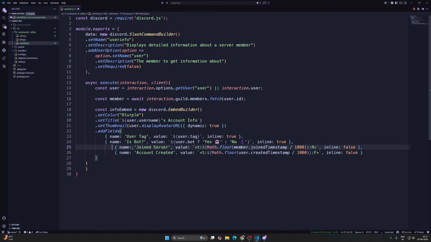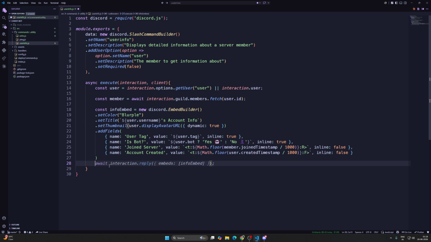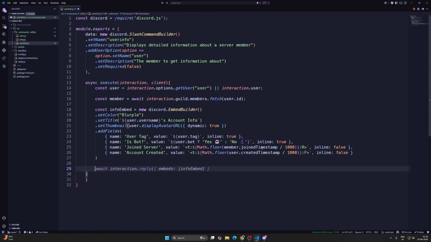So first you can see the user tag, then if the user is bot, then it will show yes or no, and then joined server, the date at which the user joined that particular server, and account created, the date at which that account was created, date and time. Okay, now we are done with this. Now one last thing is remaining, which is await interaction dot reply embeds